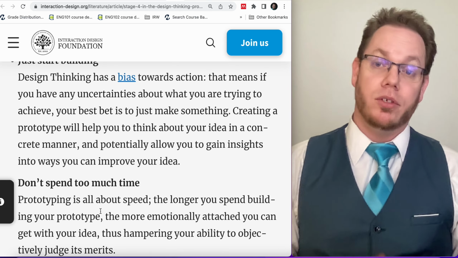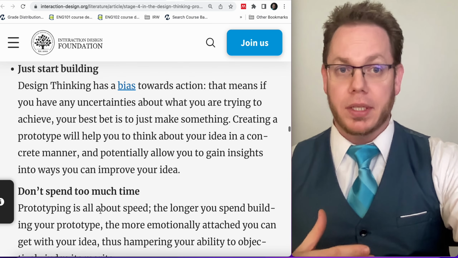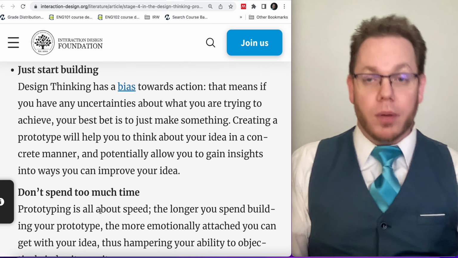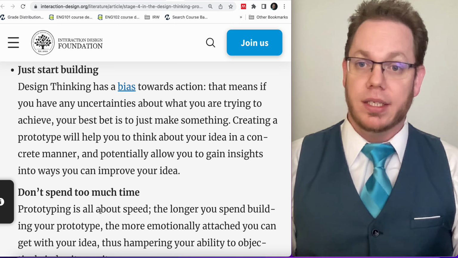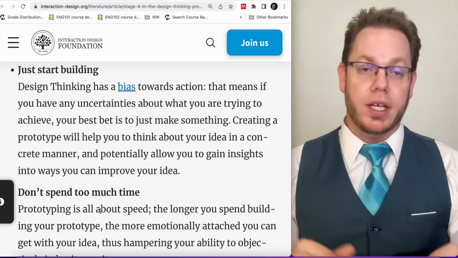That's really what it comes down to. You can't prototype without purpose, because then you're just kind of playing with cardboard, or playing with paper, or playing in a sandbox program, or whatever it is. So we